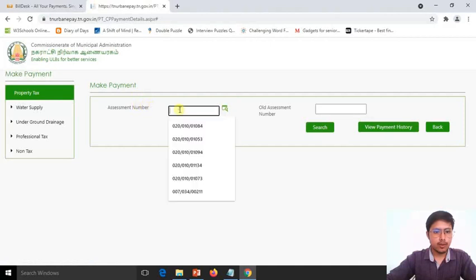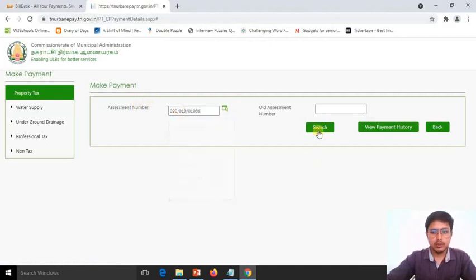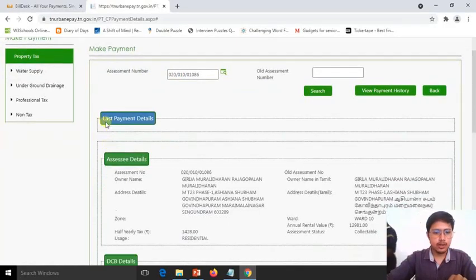You have to come like this, enter your assessment number, search. So you will get your receipt here after 24 hours. Right now the last payment details show nothing, but in case your payment is successful, after 24 hours you will get the payment detail here, on which date and what time you made the payment, and generate receipt.